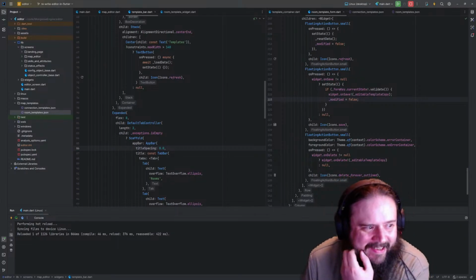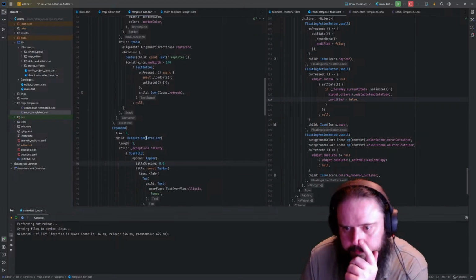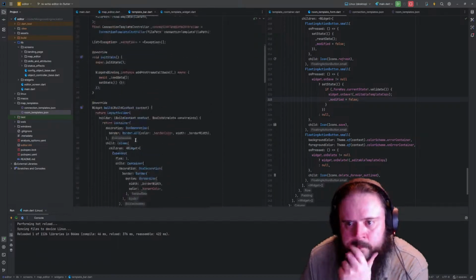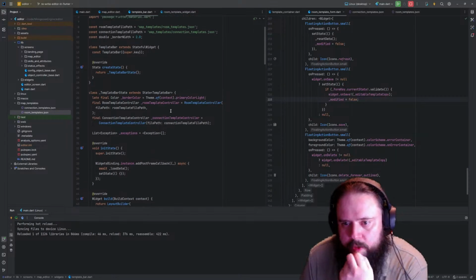Tab controller, add listener. Okay, so instead of our default tab controller here, in theory, I should be able to do,